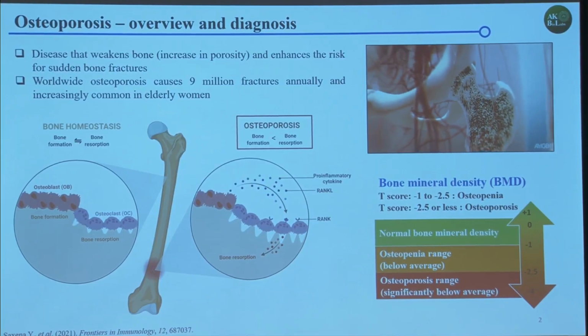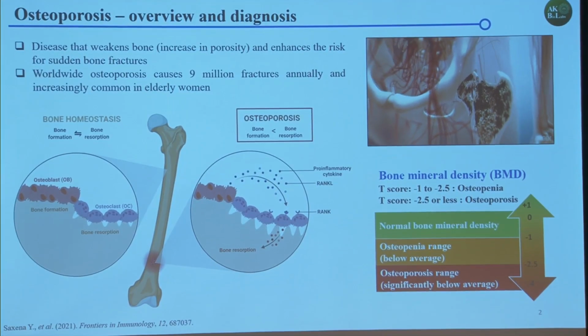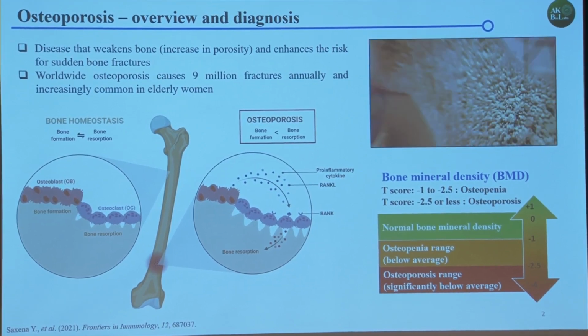Preventing septic implant failures in osteoporotic hip fractures in rat. So let me start with a brief overview of osteoporosis. It's a disease that weakens the bone and enhances the risk for sudden fractures and bone fractures, as shown in